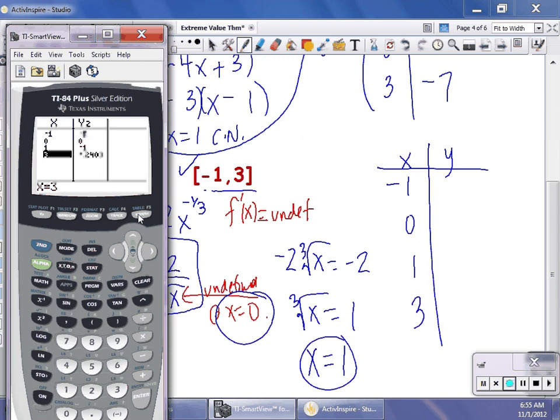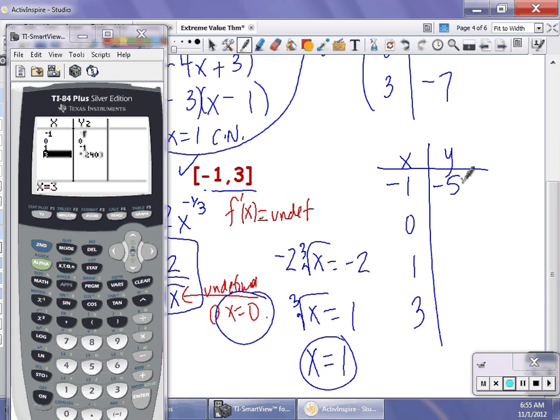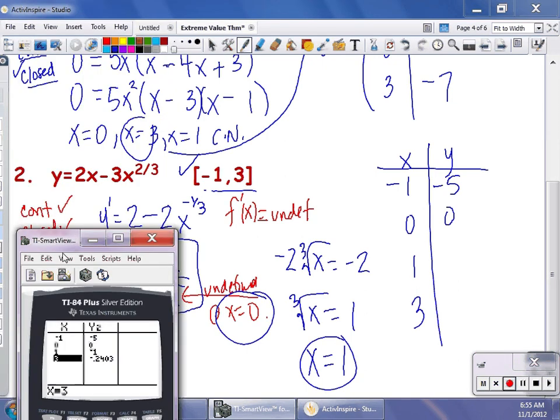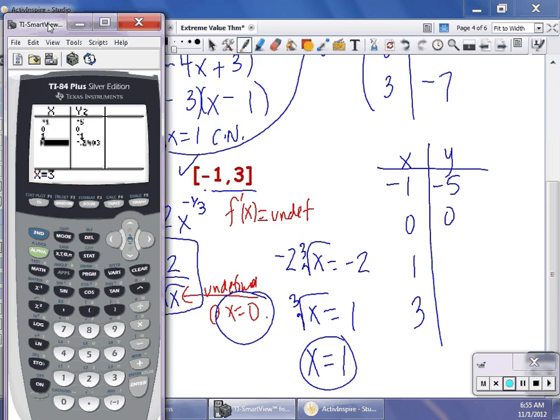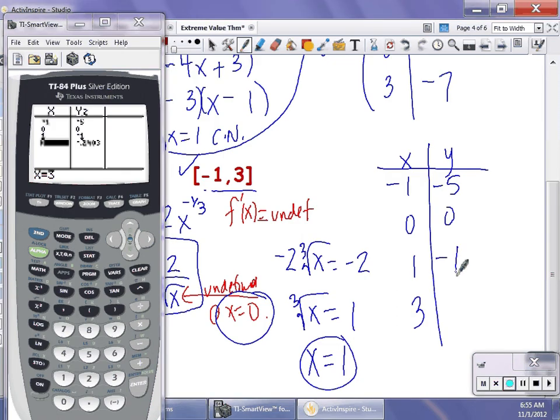So the y value at negative 1 is negative 5. The y value at 0 is 0. The y value at 1 is negative 1, and the y value at 3 is negative